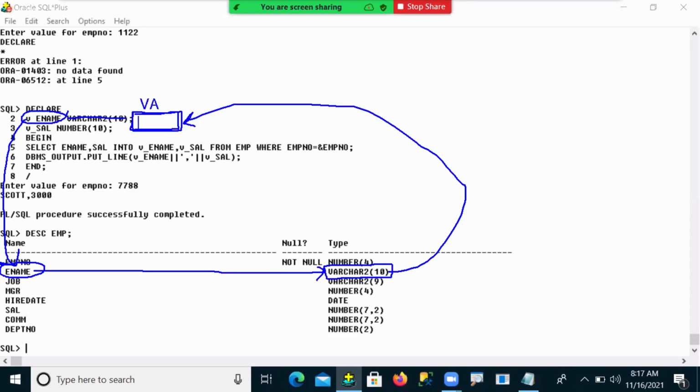Concept understanding now, slowly. Which data type is here? Varchar2 of 10 size. So the user has no need to declare the data type here. This time, the variable attribute is declared in place of the data type.